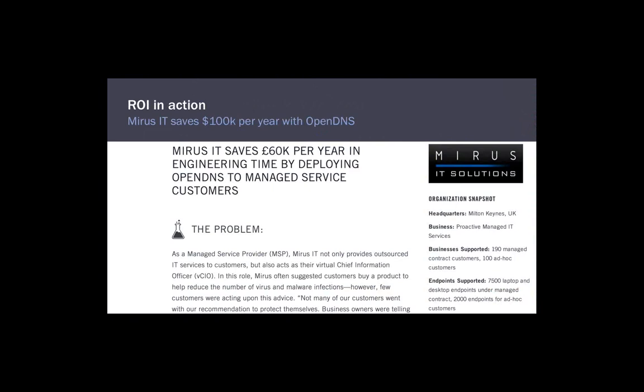Now, earlier today, I talked about security ROI, and that as being our focus. And while offering protection is what we do, the value that we provide to our service provider partners is really in being able to cut down the reactive time. And there was recently a case study that we did with Myris IT over in the UK, where they had 7,500 managed endpoints and were able to basically take 2 full-time equivalents off of just doing re-imaging, not even talking about responding to the tickets, by deploying Umbrella. If you want to learn more about this, I'll have the URL at the end of my deck. But